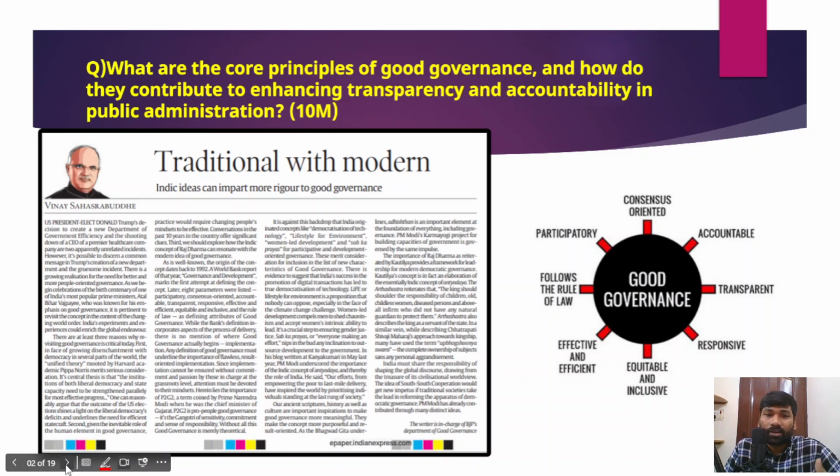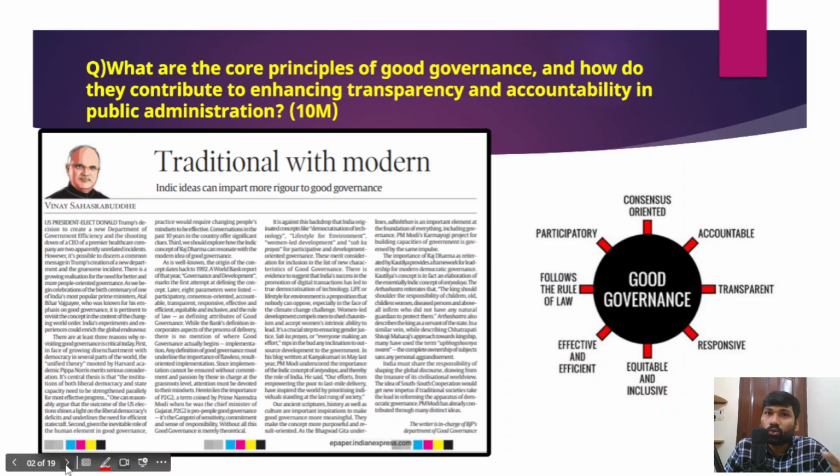If you look at your General Studies Paper 4 syllabus, it very often emphasizes the values of transparency and accountability in the public administration. Now, these core principles of good governance, how do they help in ensuring transparency and accountability in the administration? When you're writing this part of the answer, it is very important that you mention some relevant examples along with these points, so that it makes your answer more and more appealing to the examiner.